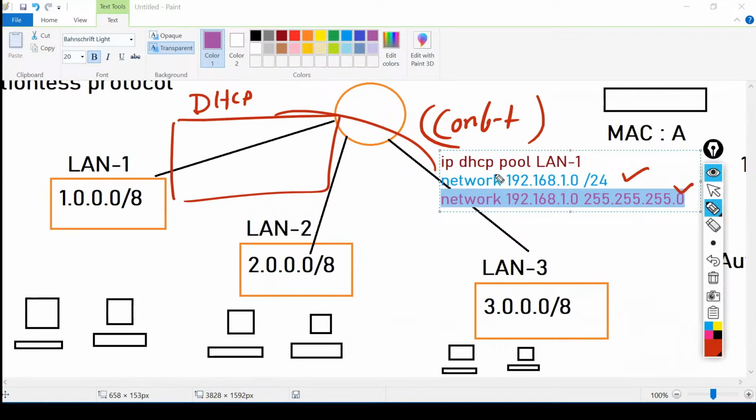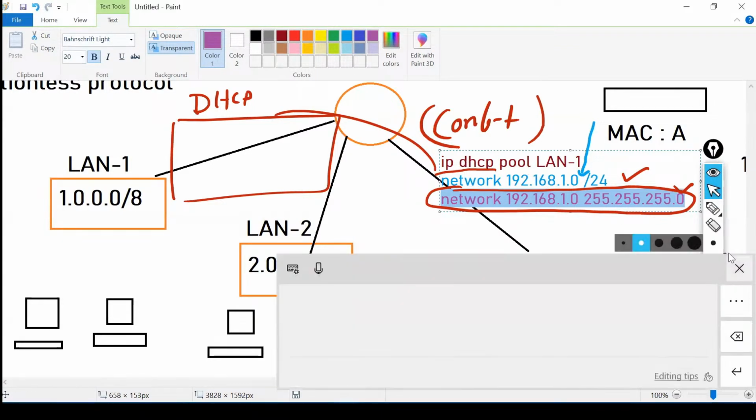Some iOS versions support only this one, not this one. Clear? That's it, right? This is enough configuration, guys, to provide the IP addressing to the user.